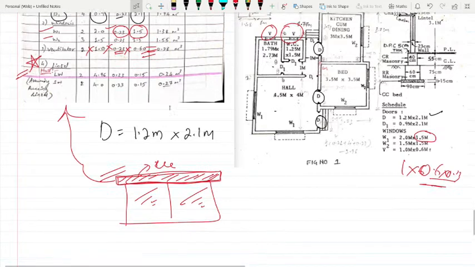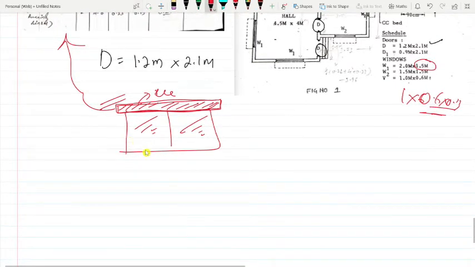So one thing, Siraj, do you know the difference between a running lintel and a normal lintel? Wait, I'll tell.